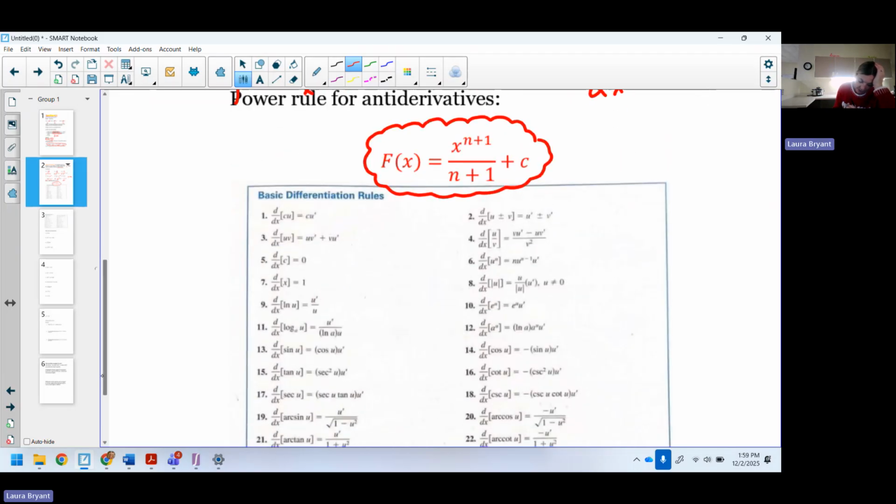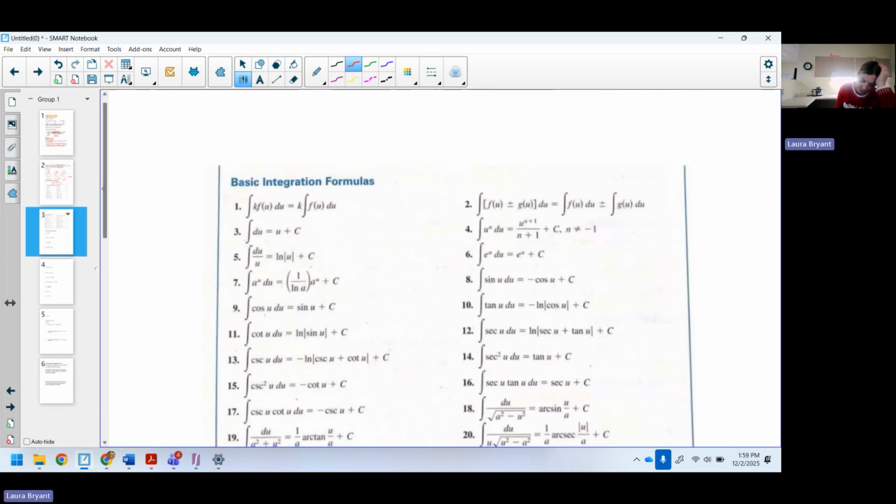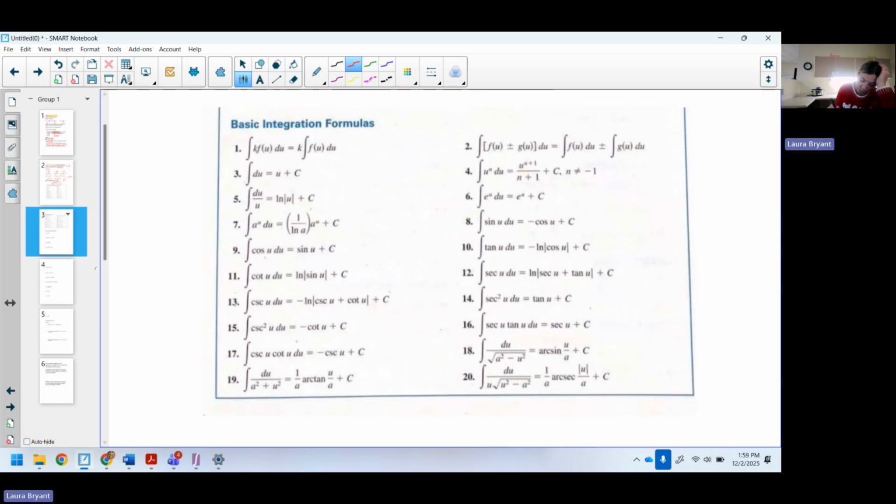And underneath here is a list of all of the different derivative rules we've done. I know you did several rules quizzes about these, so hopefully you can quickly glance over this list and be like, oh yeah, I remember most of those, because we're about to do the opposite of all of those. So the one we just mentioned is here. This has a u in it instead of an x, which is okay. It's the same rule. U is the variable